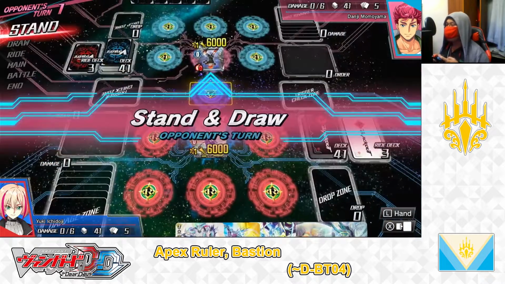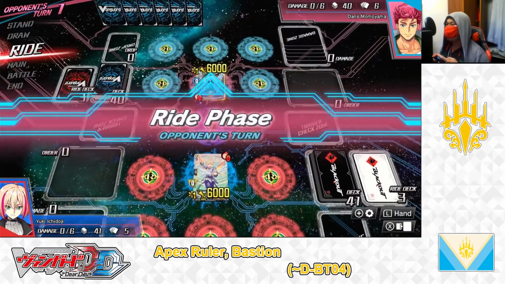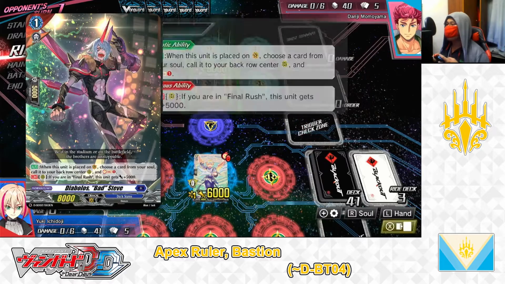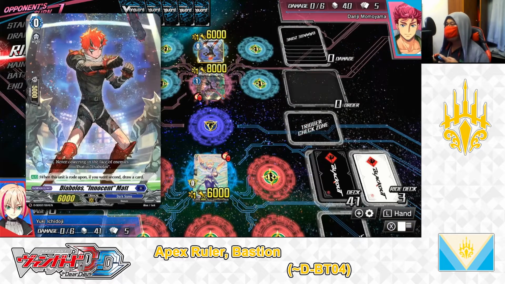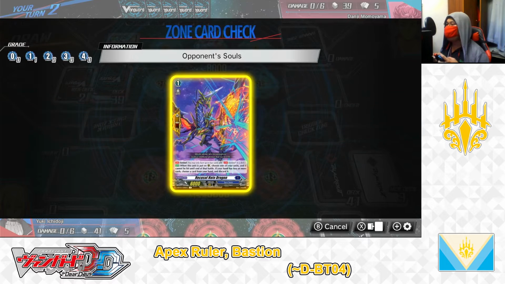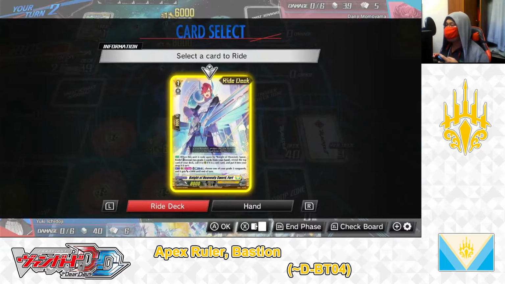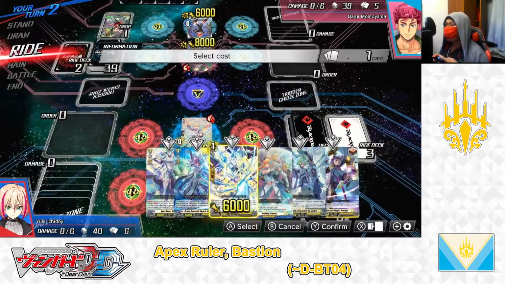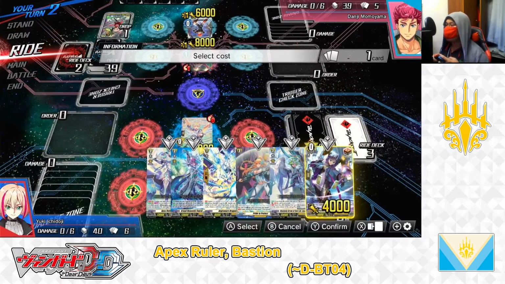Alright, stand up Vanguard. My opponent's turn, he draws and rides. Grade 1, Diablo's Bad Steve, Steve's skill. He superior calls Matt to the rear guard and soul charges. He got a Perfect Guard in the soul, Knights. I drew, okay. I'm gonna ride for my right deck, Knight Heavenly Sword, Fort. For the right deck cost, let's see,